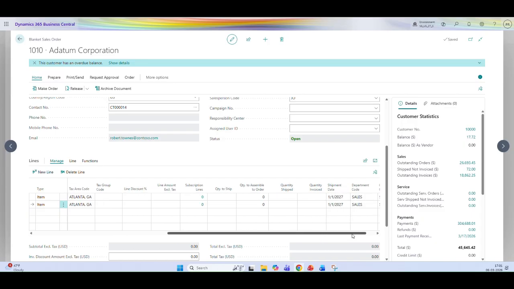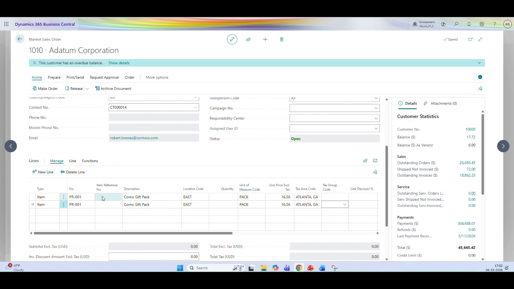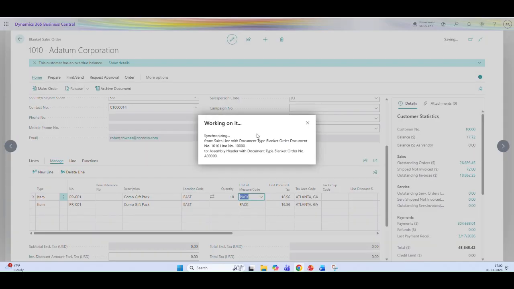Before moving on, suppose that we have a different shipment date. Based on the shipment date, the system will create our sales order. And this is our assembly item, so whenever we specify the quantity 10 here, the system will